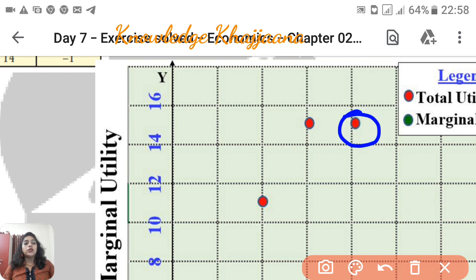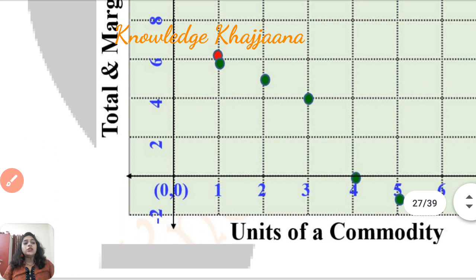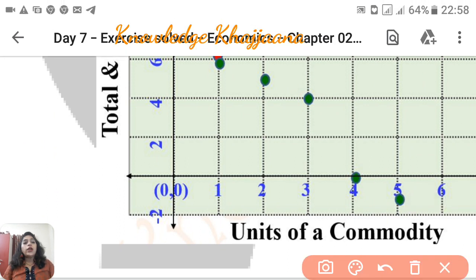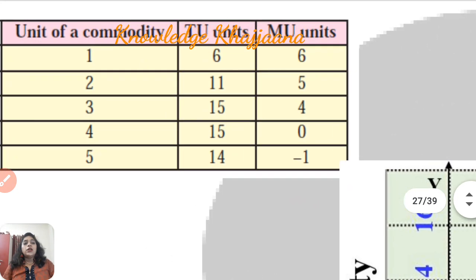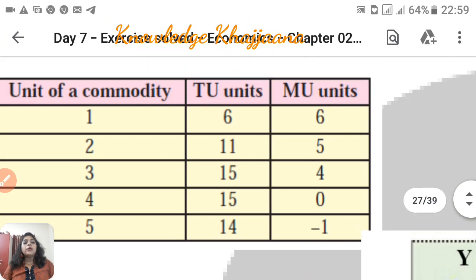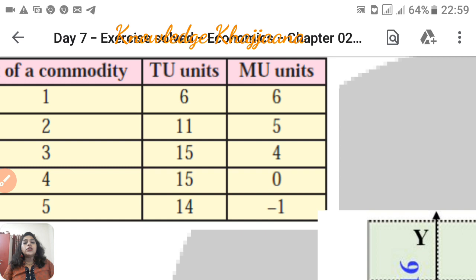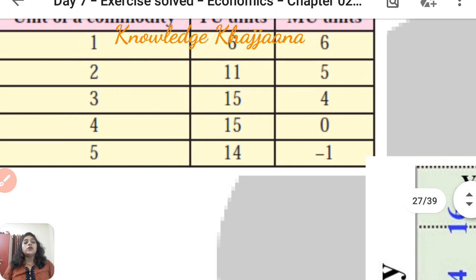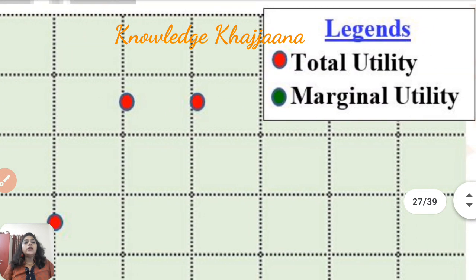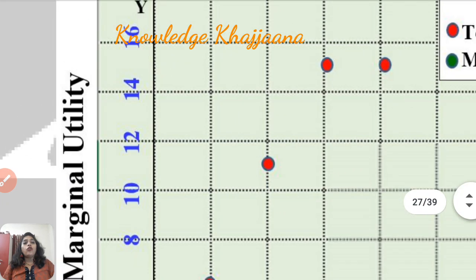See, it is remaining constant and marginal utility has reached 0. Why? There is no additional increase in the utility achieved by having the third unit of the commodity. Now if he still continues consuming and consumes the fifth unit, then what happens? Total utility reaches 14 and marginal utility declines and goes to the negative level, that is -1.